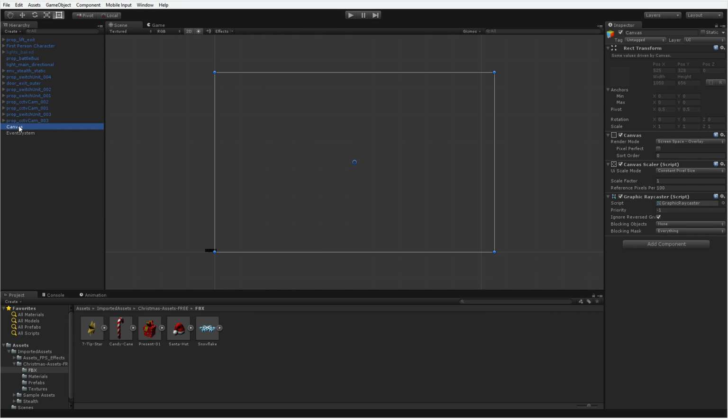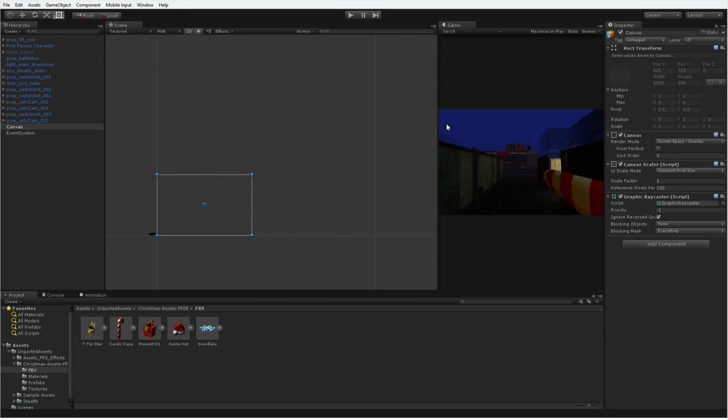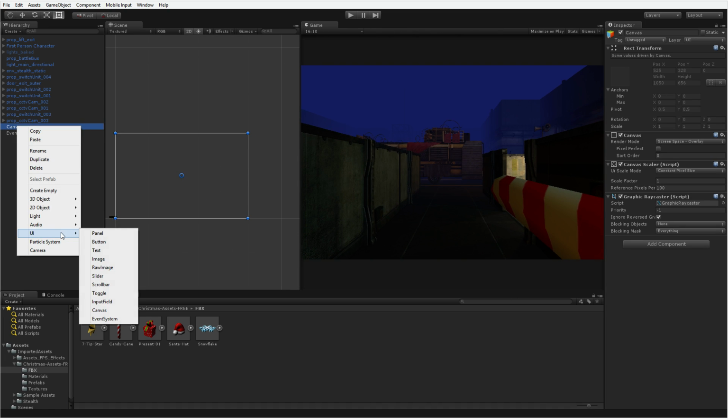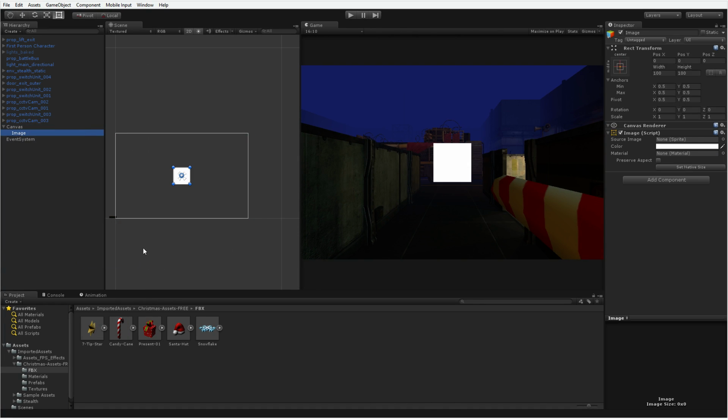And so what I'm going to do now, and I'll just move my game view to the side here so we can see what's happening, is right click the canvas, go to UI, and go to image. And this is where I'd put my target reticule. However, I don't have one, and I didn't want to make one. And I'm just going to cheat. I'm just going to use this white block, but I'm going to make it size 3 pixels by 3 pixels. There we go. Aiming reticule.